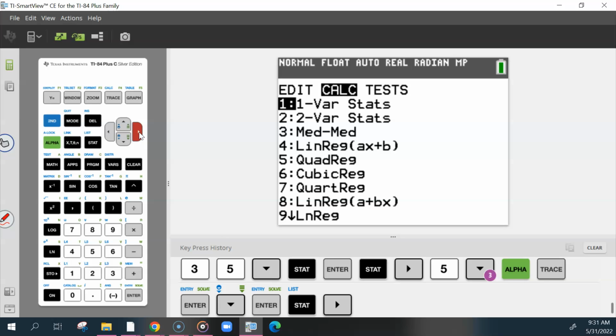It says CALC. Yeah, quadratic regression. Okay, and then press enter. Yes. And then